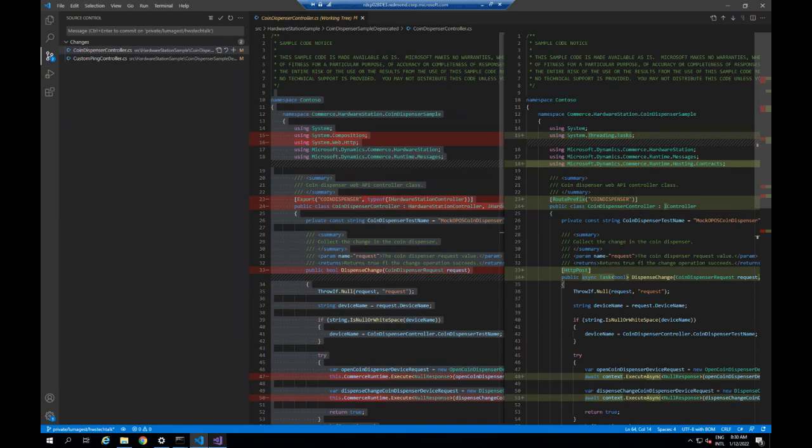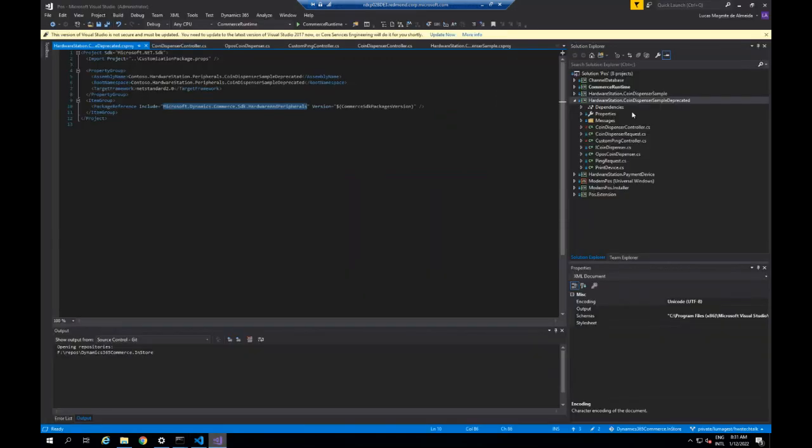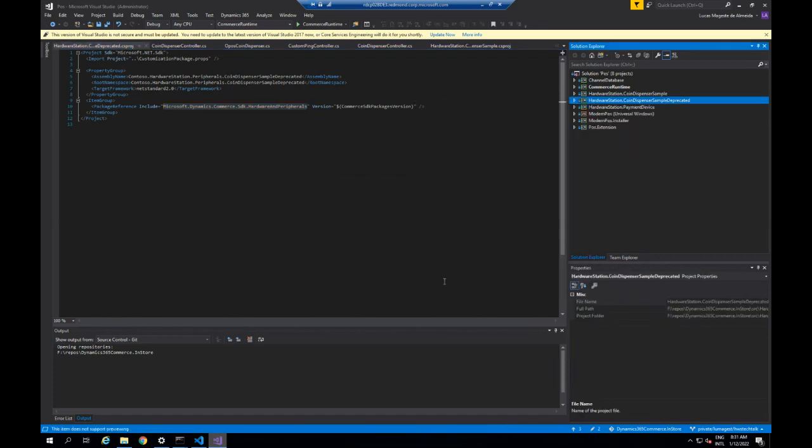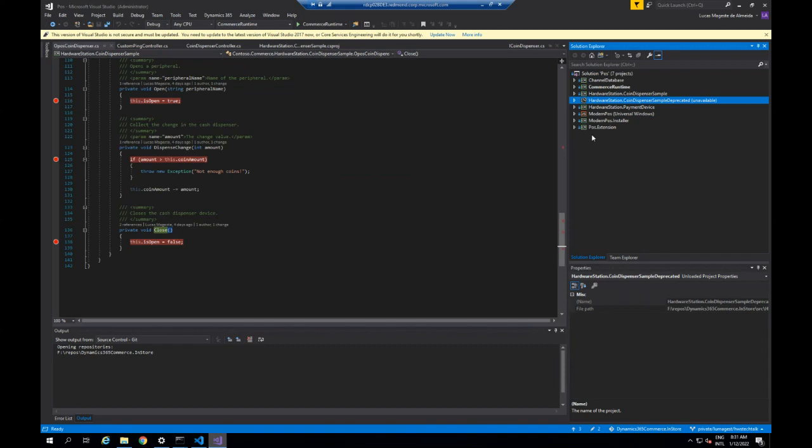So this will be it for the migration part. I will now return to the project itself. I will disable this, the deprecated one. And I will now show the POS side of things, just to see how this hardware station extension will be consumed. So in POS,